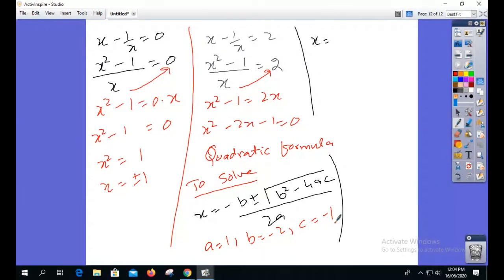So we replace minus b with minus of minus 2, plus minus square root of minus 2 square minus 4, a means 1 and c means minus 1,